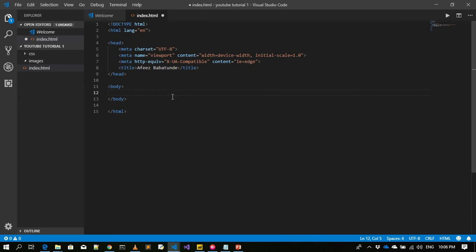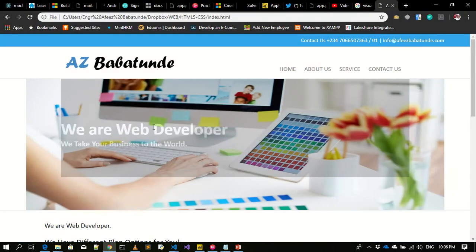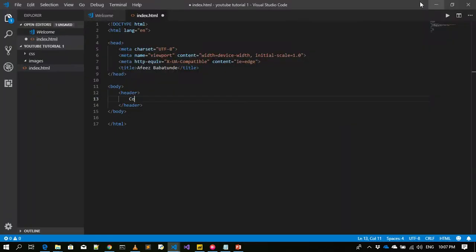So here now, I need header of my website, and in this header I need, let me have something like, let me call it how people can contact me. Because if you look at the sample, I want this to appear at the top like this, as what I'm having here currently. So I want it to appear at the top. So now let me go